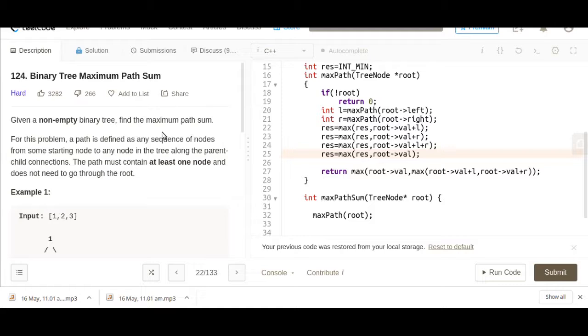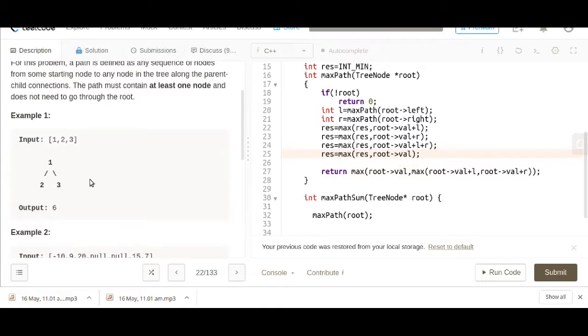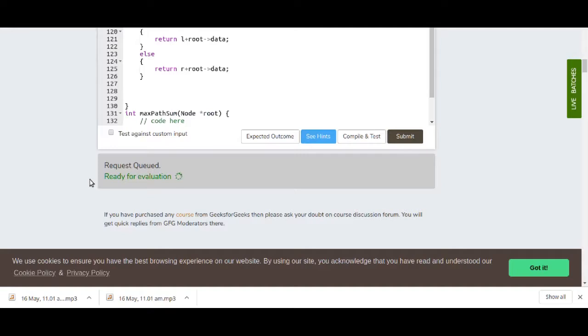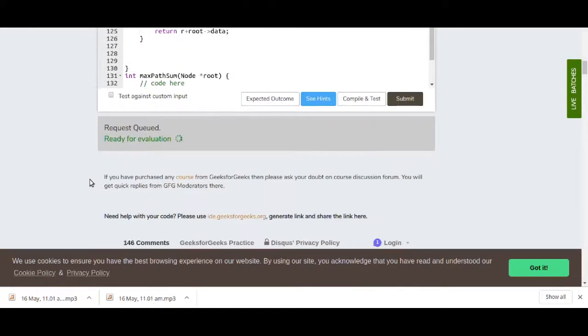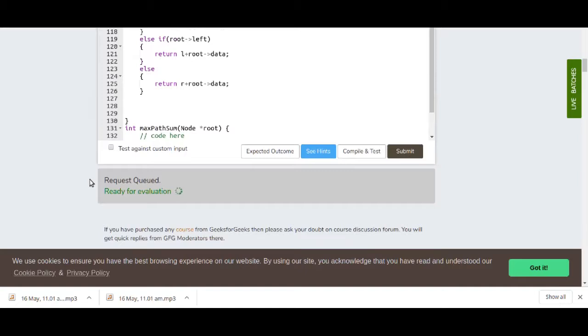Again, if you haven't watched the first part of this video where I discussed the binary tree maximum path sum problem from any node to any node, go and watch that video and then come back to this video.